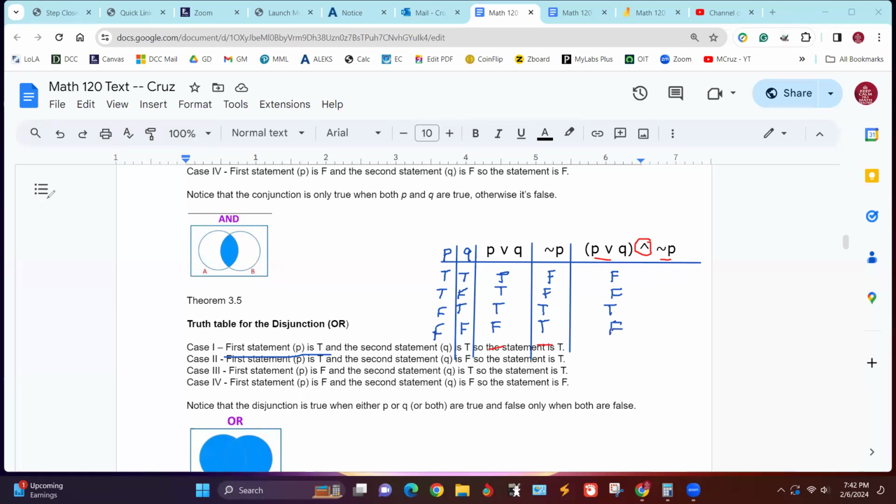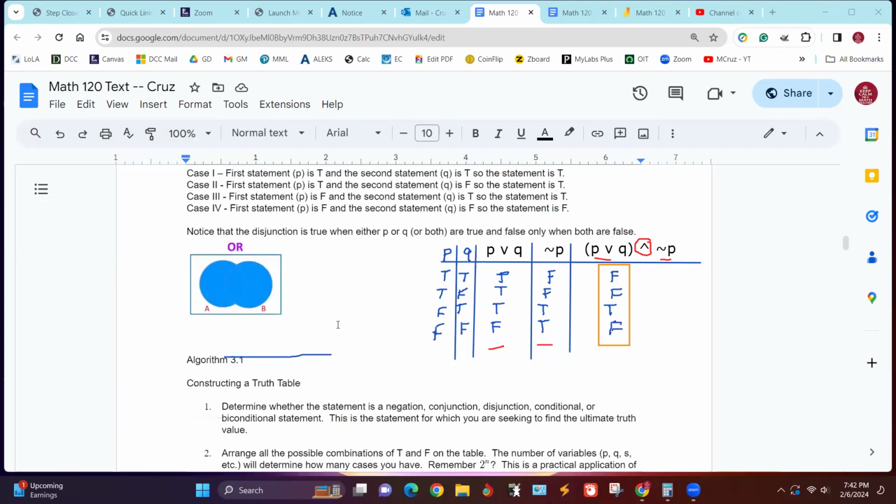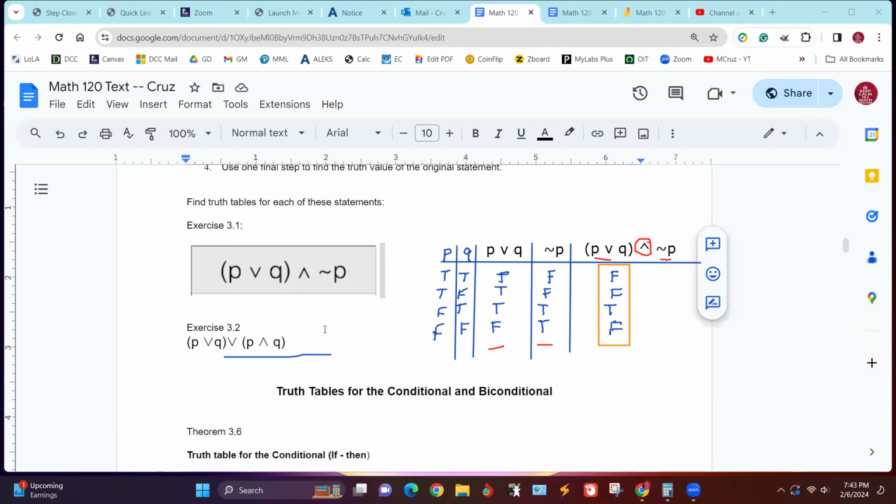So then this column right here, this thing right here, are the truth table values for the statement that we originally started with, which is this one here. See that one?